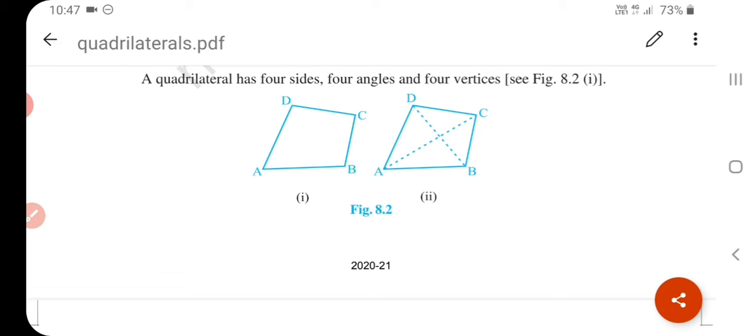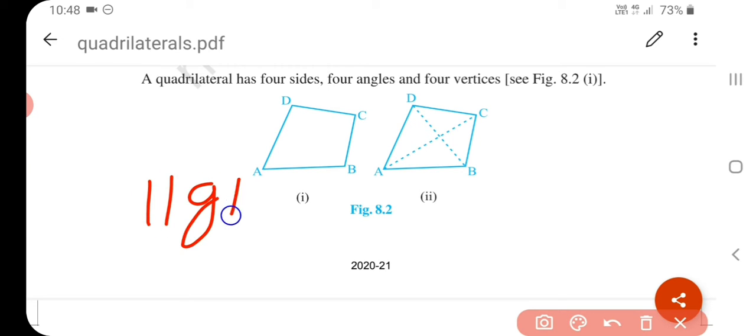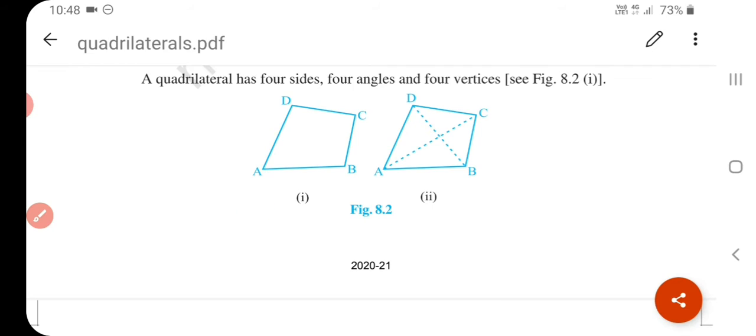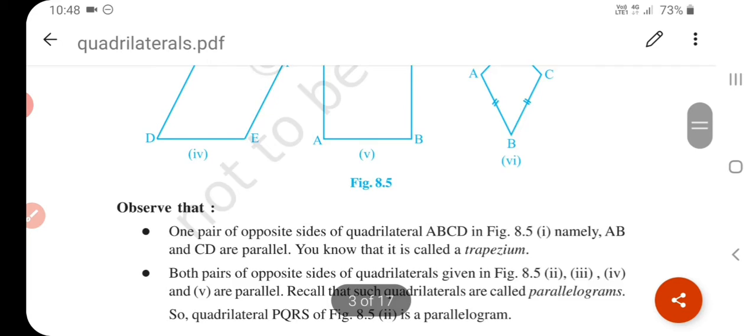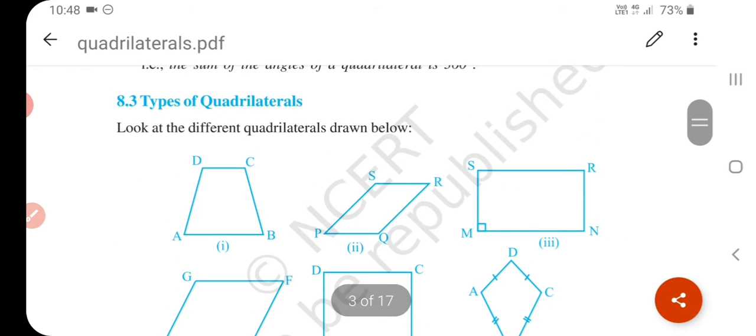It is usually written as, आप उसे इस टाइप से राइट कर सकते हैं, पैरेललोग्राम. ओके, अंडरस्टैंड? Now in this chapter we also learn about rectangle. If one of the angles of a parallelogram is a right angle, then it is called a rectangle, and if one angle is 90 degrees, of course the remaining angles will also be right angles in a rectangle.